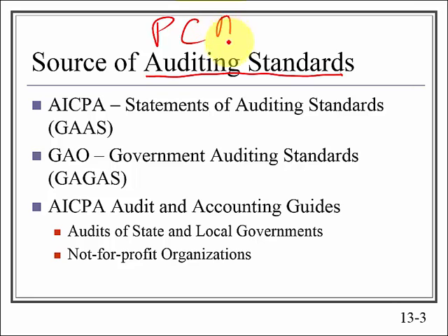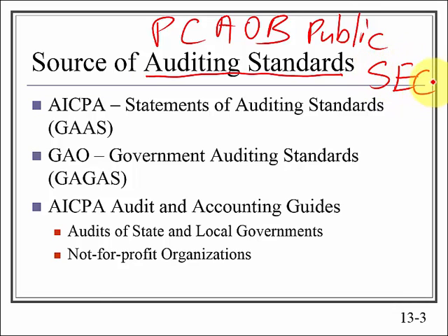So in that 415 class, probably you're going to be focusing on the auditing rules created by the Public Company Accounting Oversight Board that creates rules for public corporations, public businesses, businesses that have their stock sold on stock exchanges governed by the Securities and Exchange Commission. But most businesses don't sell their stock on stock exchanges, especially here in Hawaii where there's a lot of small businesses. So we have the Auditing Standards Board created by the AICPA that has generally accepted auditing standards.